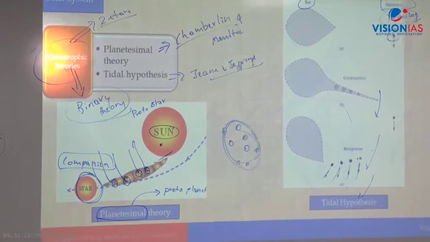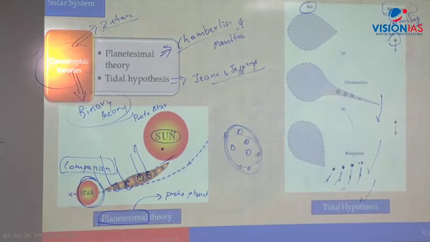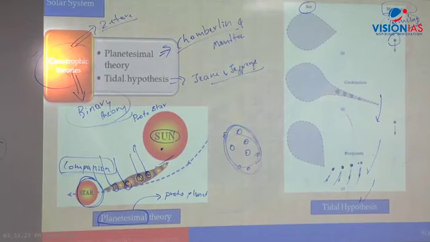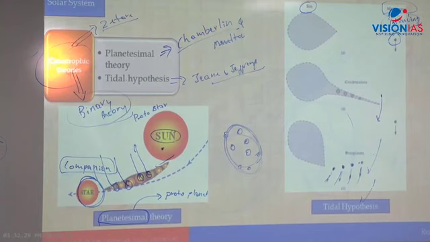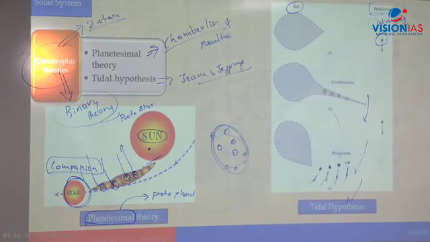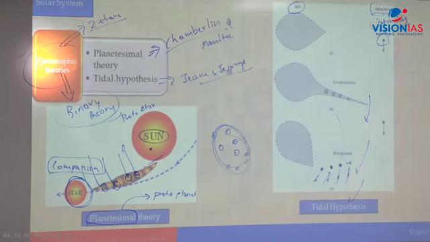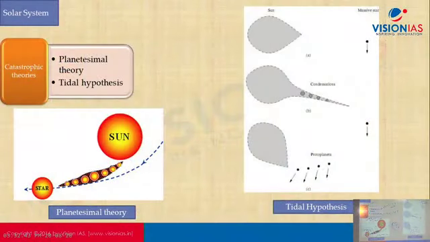As per the theory, the protostar is accompanied by a companion star. As the companion star came near the protostar,